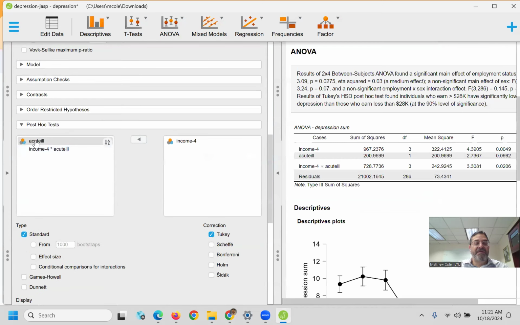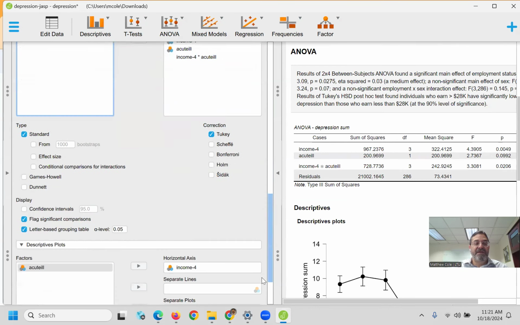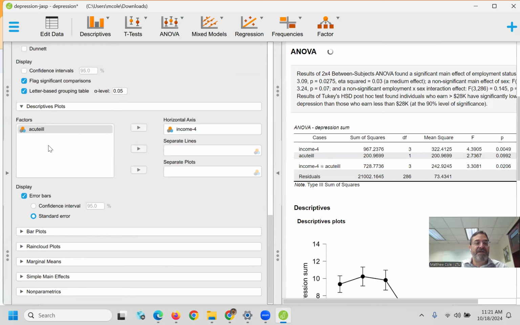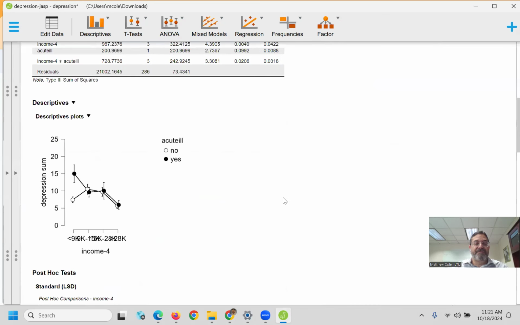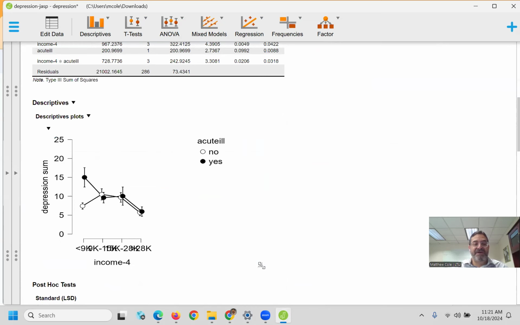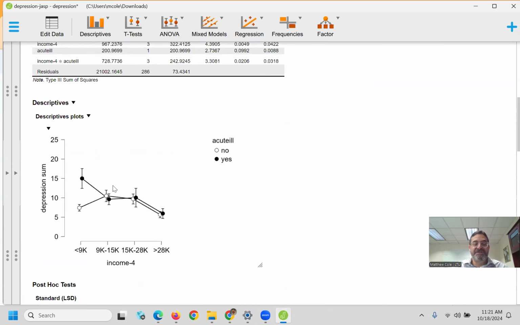We got to bring in there. We might as well just bring it all. Acute illness and the interaction terms. So we're getting post hoc for all of those. And then our descriptive plots. We have income, and let's make 2 lines by acute illness. There we go. Oh, now you can see why we have a significant interaction, because there's differences in